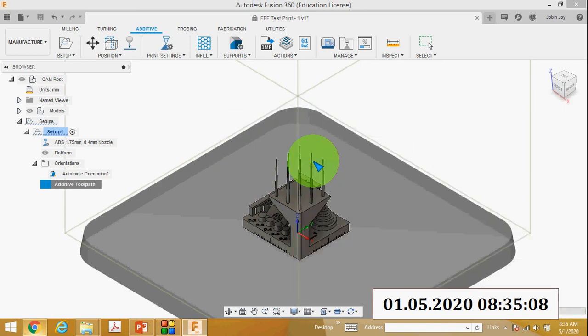Here you have to select the generic FFF machine. You can see the generic FFF machine. Then you can select Post. Click Post. So now the code is actually generated. Just save it in a folder.